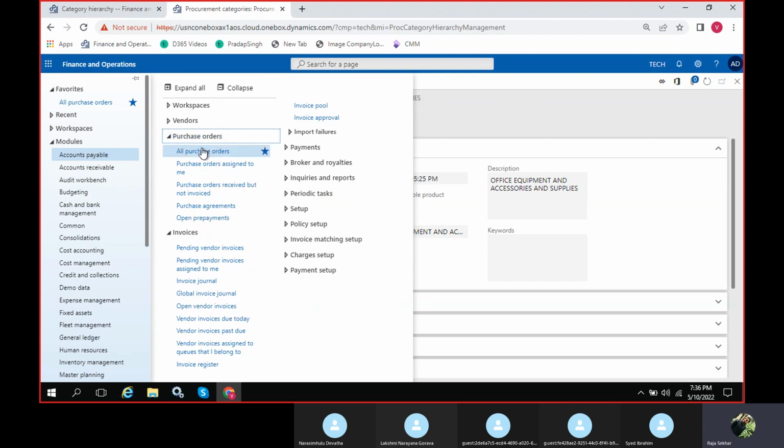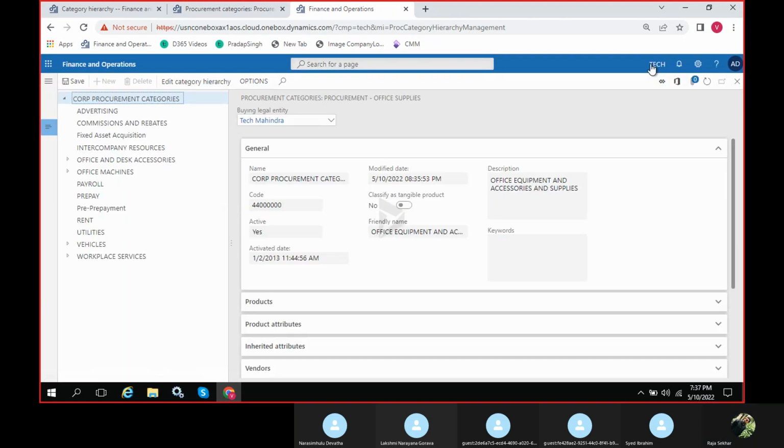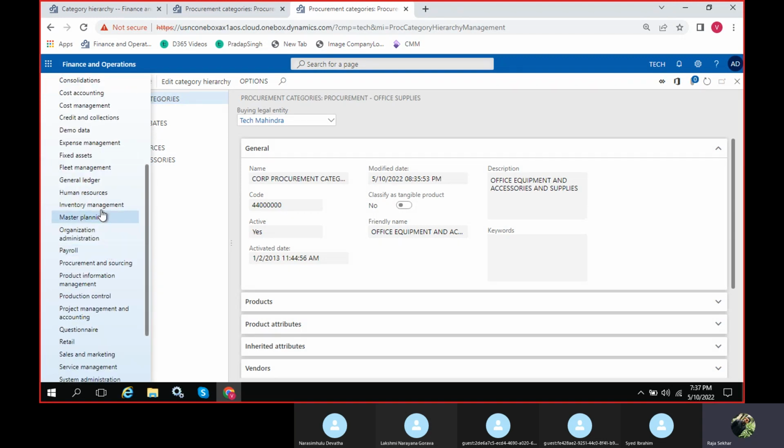Okay. All purchase orders. But before that, this category needs to be added, right? This category needs to be added in your posting, or your offset.